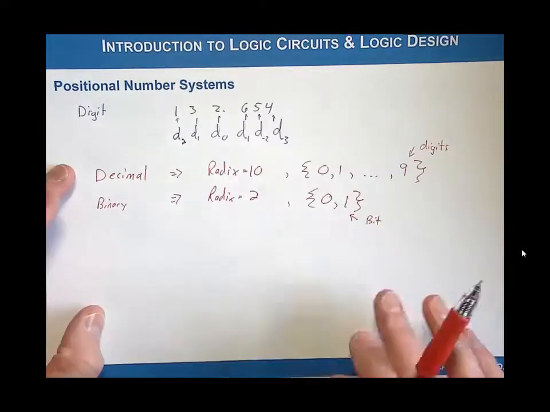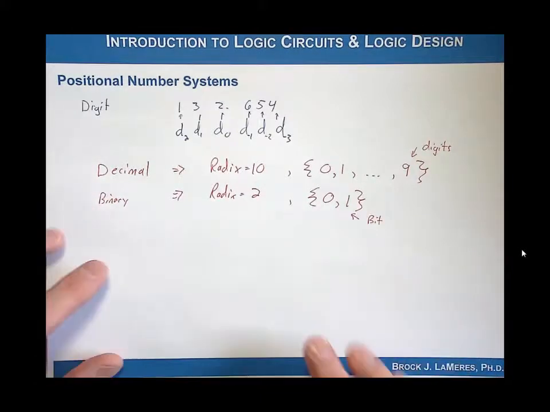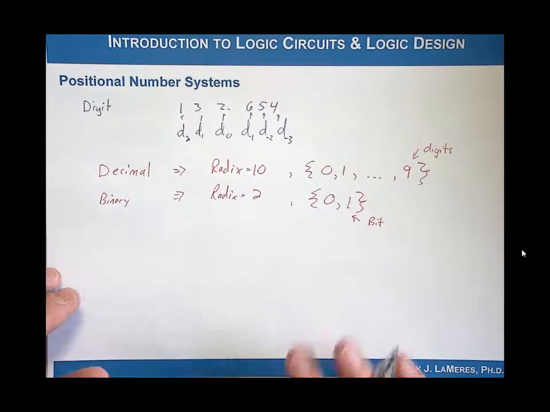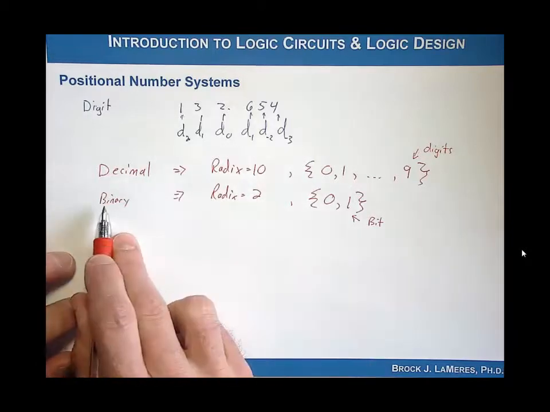Okay, so now one of the things that we can also look at is those are the 2 important ones. This is how our computer operates, this is how our brain thinks, and we want to be able to convert back and forth. We want to be able to understand how these numbers relate to each other. But there are some other number systems that are kind of interesting, because when you go to a binary number system,